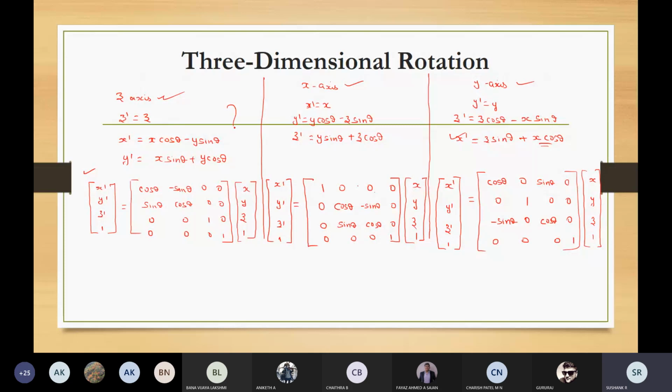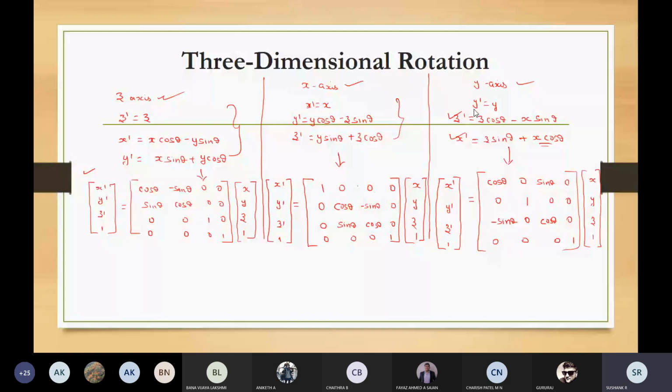These are the corresponding rotation formulas, which I'm representing in the matrix format. What I'm doing is just reversing by looking into the equations and representing it in matrix format. So you can write x dash is equal to x cos theta plus z sine theta, and z dash is equal to minus x sine theta plus z cos theta. By looking into the equation itself, I'm able to derive that.